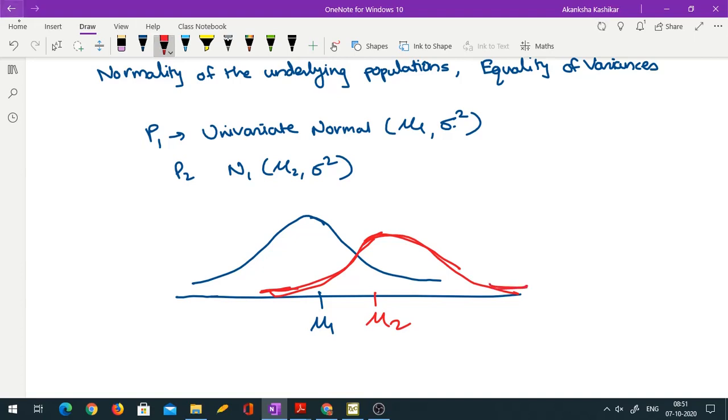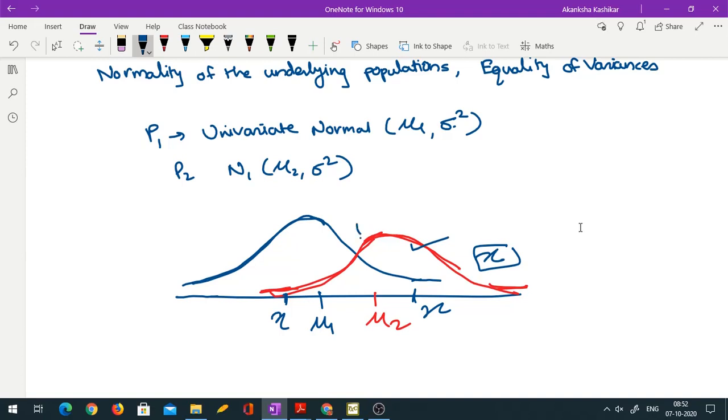Now you have to decide, when a new observation X comes, where is it coming from? Is it coming from population 1 or population 2? What would be your intuitive rule? If X is somewhere here, to the left of mu1, then we know that the probability of X being from population 1 is more, so we are more likely to classify it to population 1. Similarly, if X is somewhere here, then the probability of it having come from population 2 is more, so we are more likely to classify it to population 2.